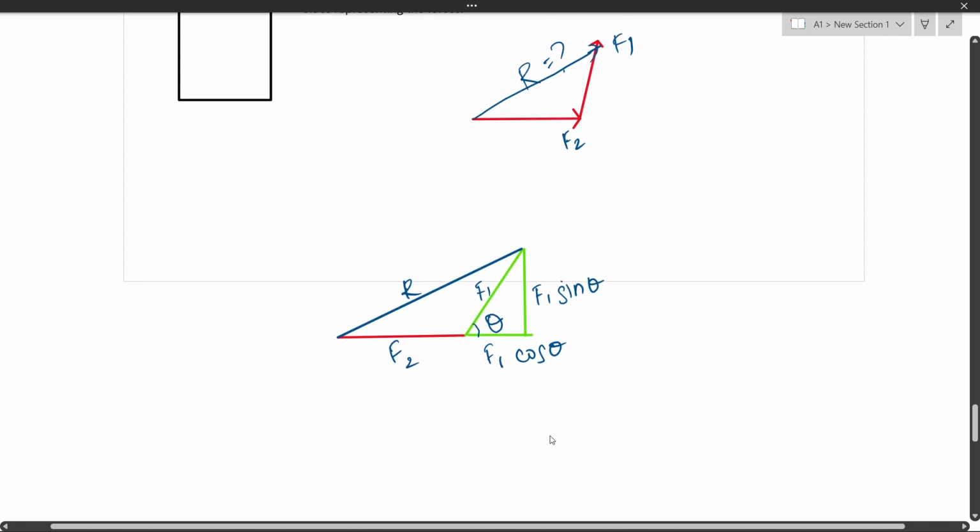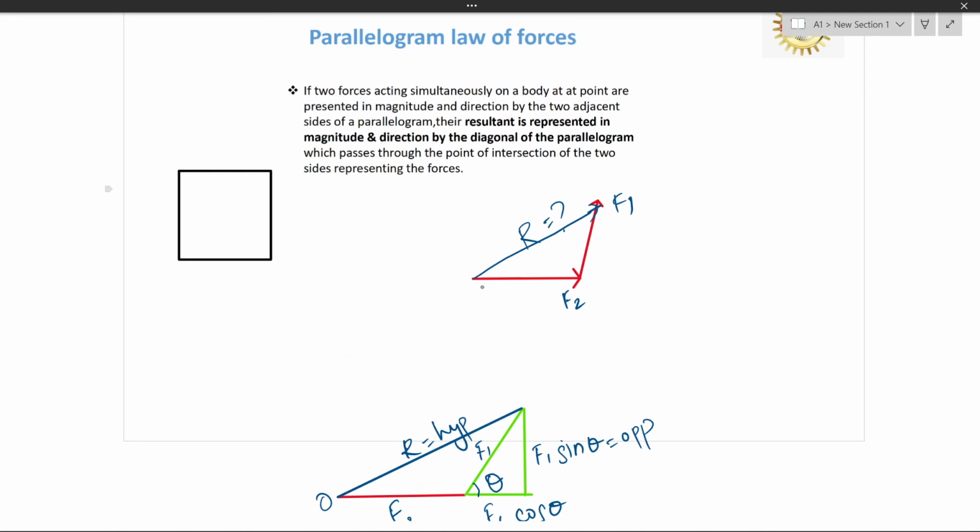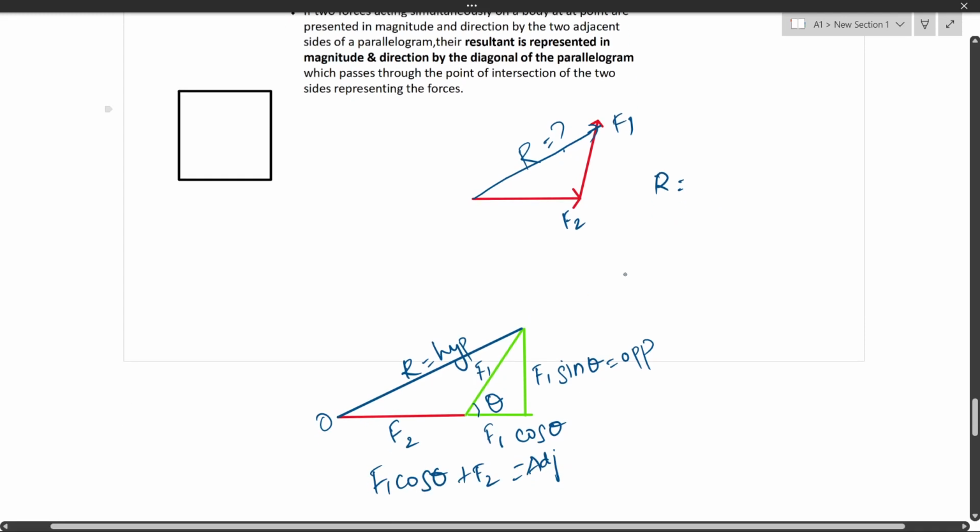This is the vertical component, the opposite side. This is the adjacent side, which means F1 cos theta plus F2. This is the adjacent side and this is the hypotenuse. So, as per Pythagoras theorem, R squared is equal to